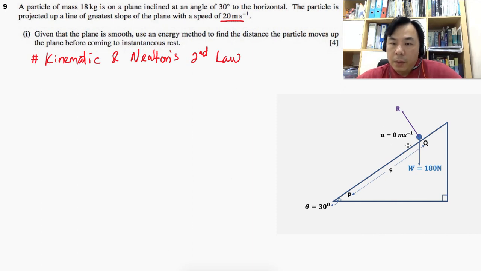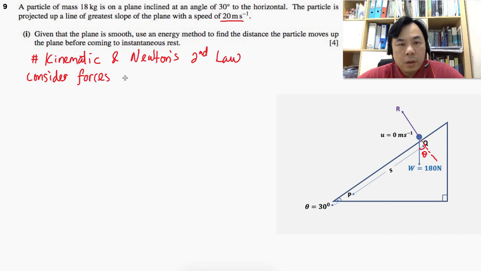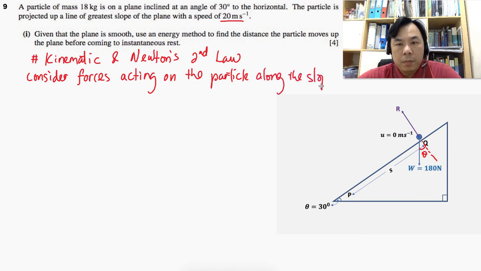By using all the forces that are acting on the particle along the slope, the only force acting on the particle along the slope is the weight itself. So by using Newton's second law, we will get